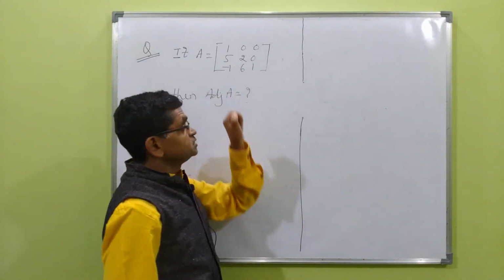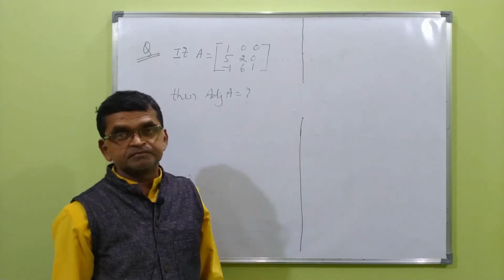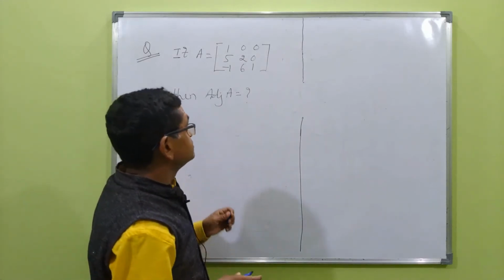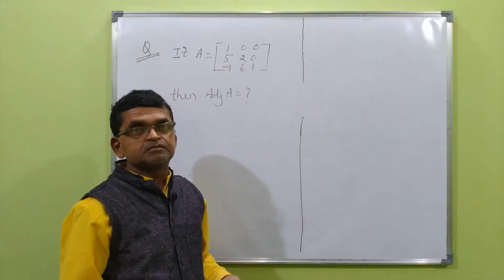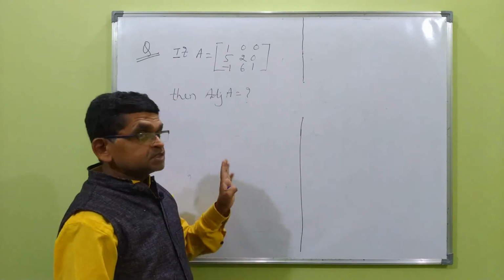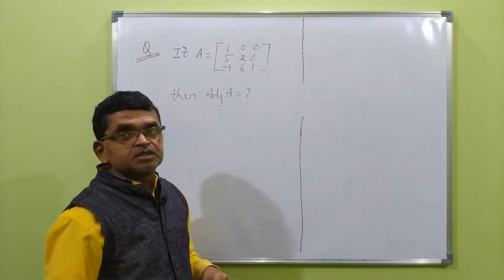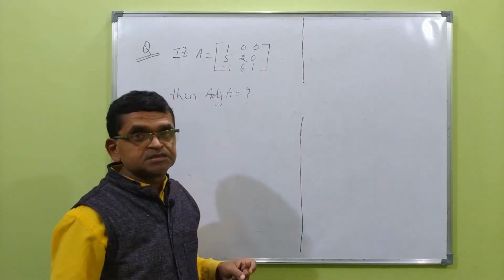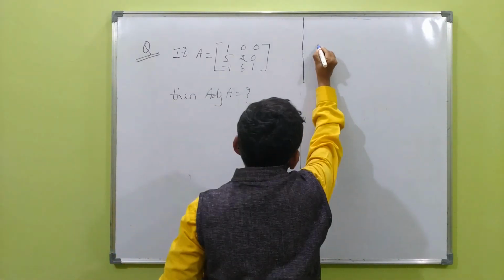If A is this 3 into 3 matrix, what is the adjoint of A? 4 options were given. I did not write them directly. Let us write the answer. See, here also, if you apply the rule, that is by finding minors, cofactors and all, then transpose. Better you apply the trick so that you can solve after some practice. You can solve within some 5 to 10 seconds. So, how to find the adjoint by using the trick is,